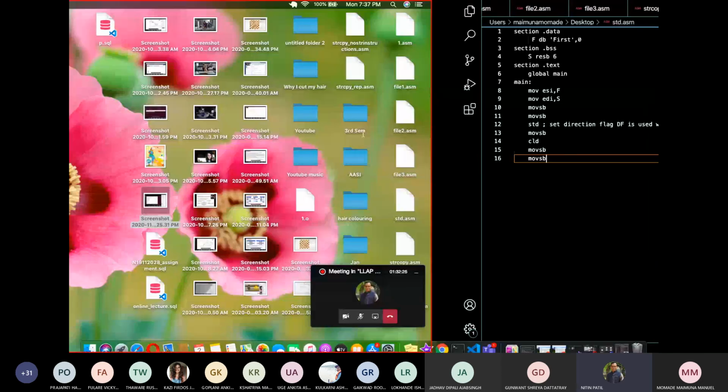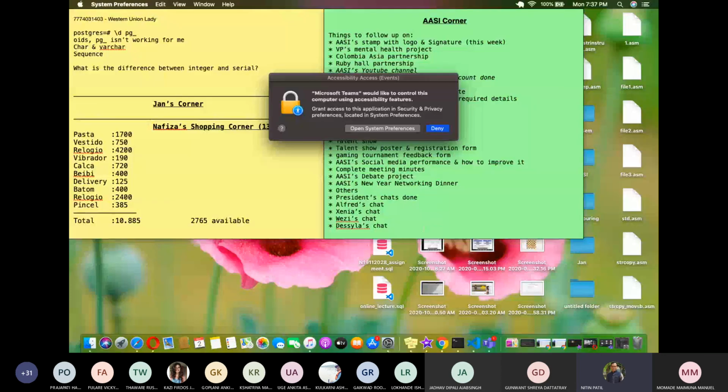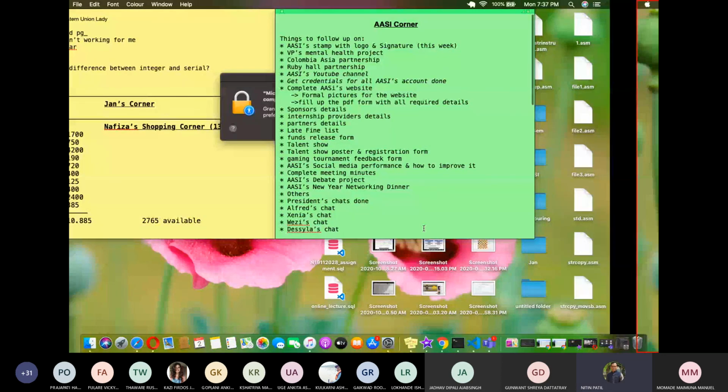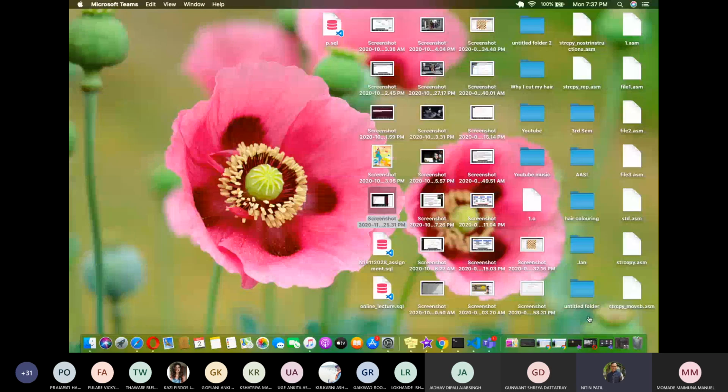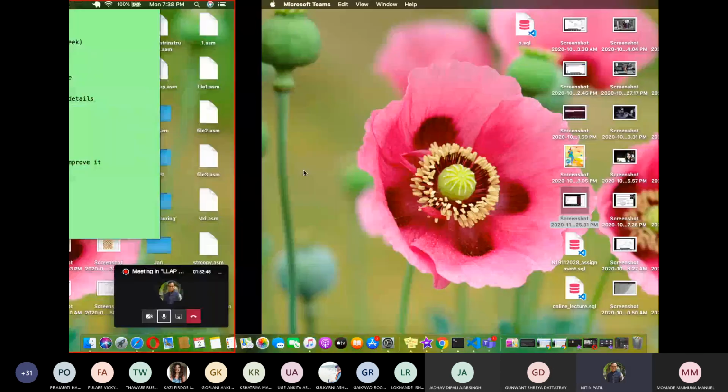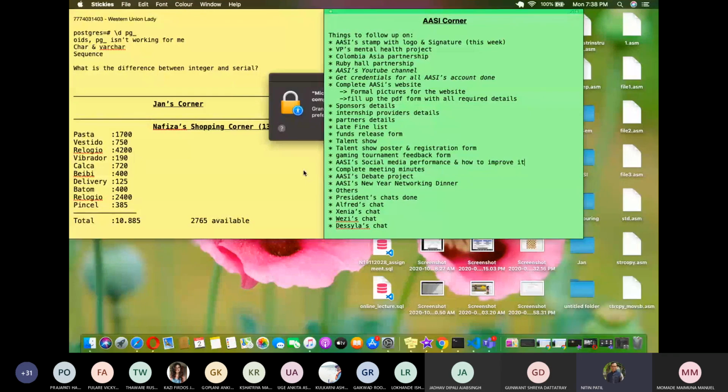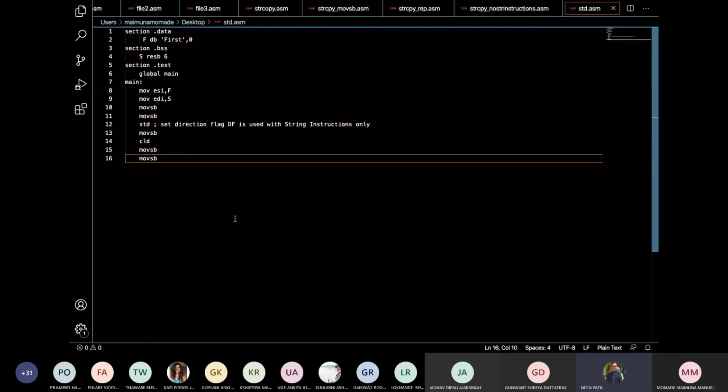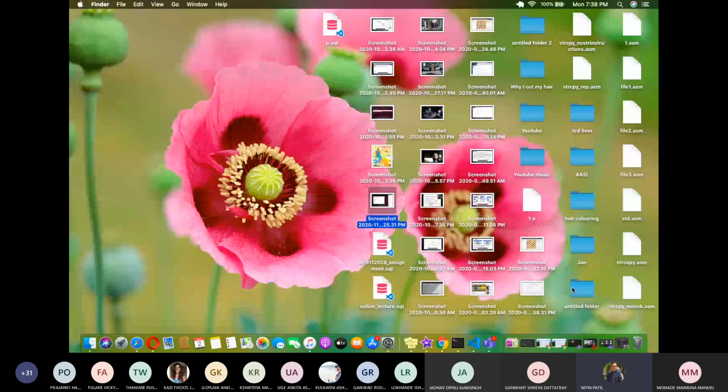The way you are writing now, Maimuna, I am able to see the code you are writing, correct? Yes, sir. I think we have to quit Teams once because it would ask for permission, and after that it's fine. Then we can start sharing. Yeah, because what I am going to do is permit everyone to share the screen, so one at a time can be sharing the screen, correct?